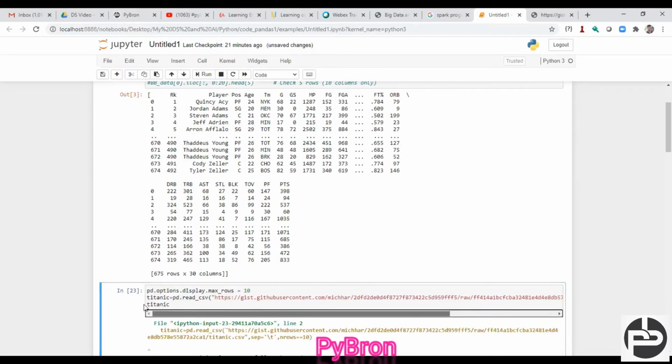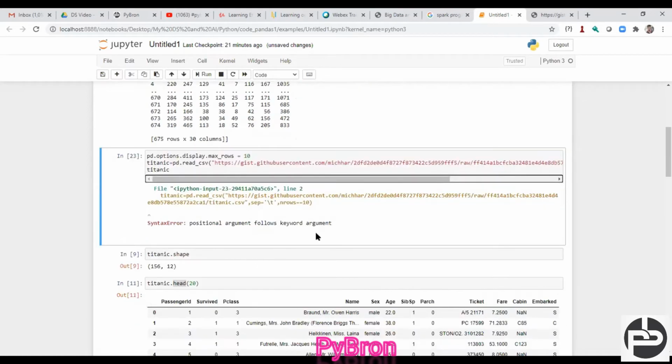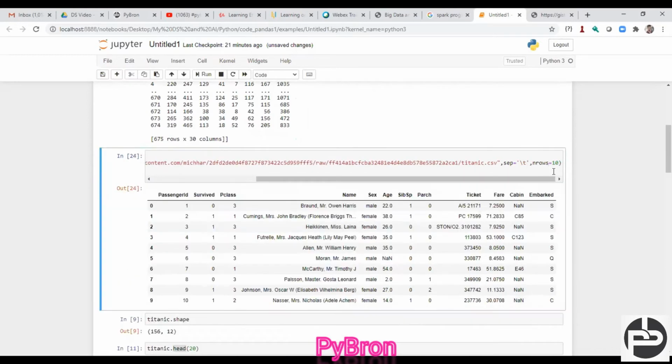Sorry, I made a mistake, I typed it twice. Now you can see I am able to see only 10 rows. So whatever data is present over the cloud, I can fetch only 10 rows. This is the beauty of the nrows argument.